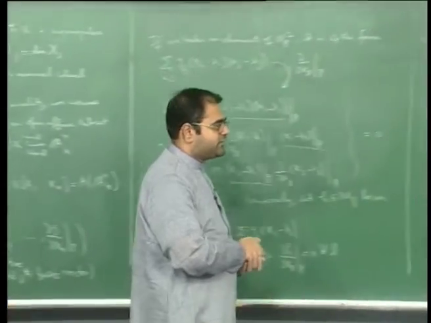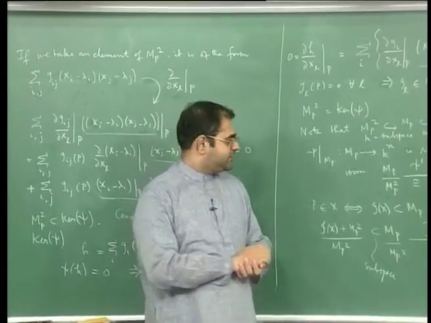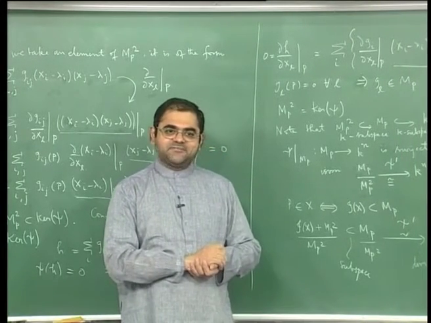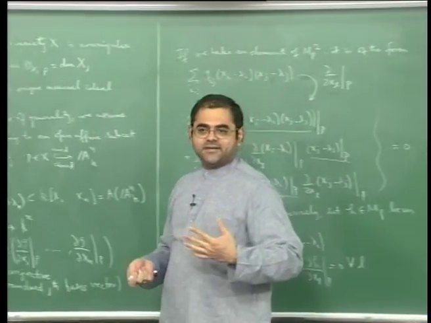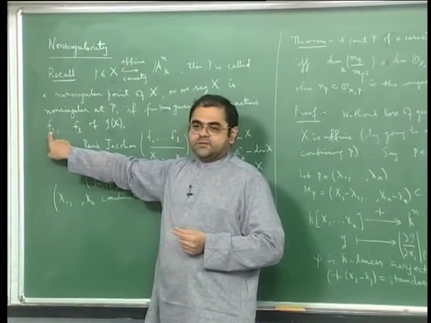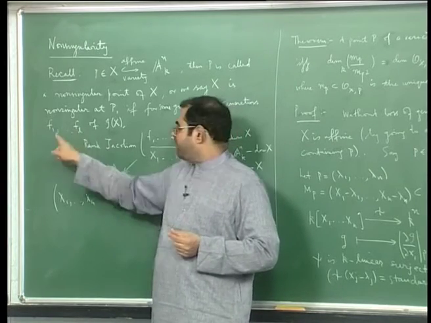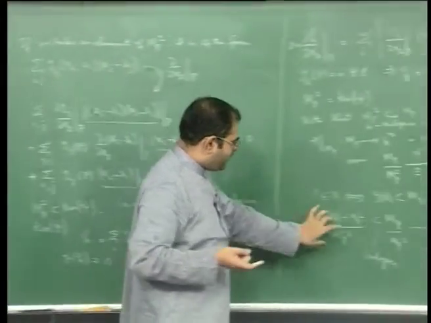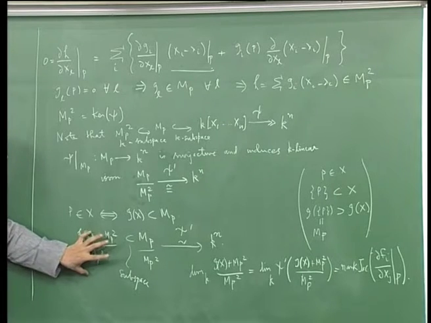So this is how the... you see, now if you look at it like this, it is very clear that no matter what set of generators I use, instead of using f1 through fl, suppose I use some g, some h1 through h l prime, another set of generators, no matter how many generators they are, I do not care, okay. But in any case I am only going to get dimension of this subspace,